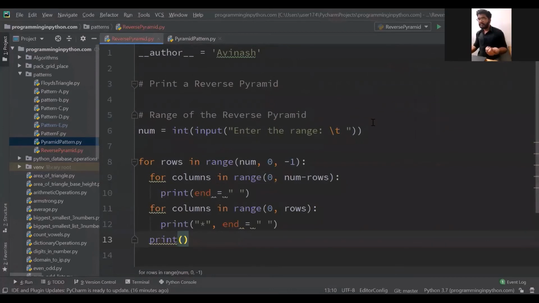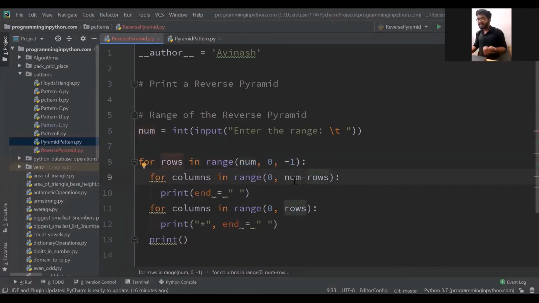This is so simple. First we take the range, and then we run a for loop in reverse order. That means if we take the input number 5, it will run from 5 down to 1. This is the range for it, and this is how we run the loop. Similarly for columns, we run from 0 to num minus rows.